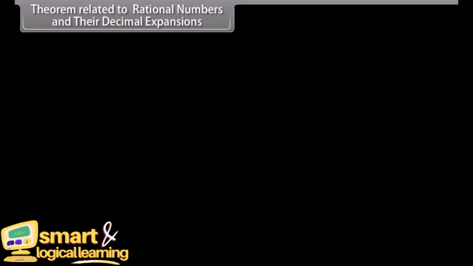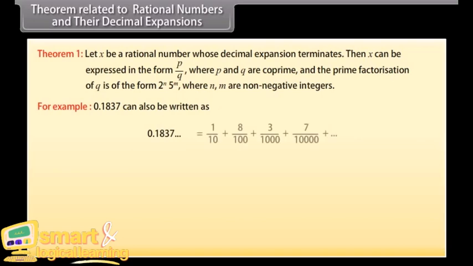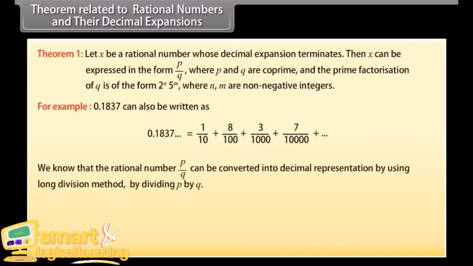Theorem related to rational numbers and their decimal expansions. Let x be a rational number whose decimal expansion terminates. Then x can be expressed in the form p upon q, where p and q are coprime and the prime factorization of q is of the form 2 raised to the power n, 5 raised to the power m, where n, m are non-negative integers. For example, 0.1837 can also be written as